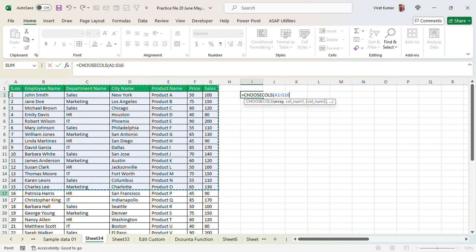So keep in mind, I choose the 16th row till 16th. Okay, comma, column number. So which column do I need? We have 1, 2, 3, 4, 5, 6, 7, and I want the employee name, so it's the second, comma, and I want the sales column only.